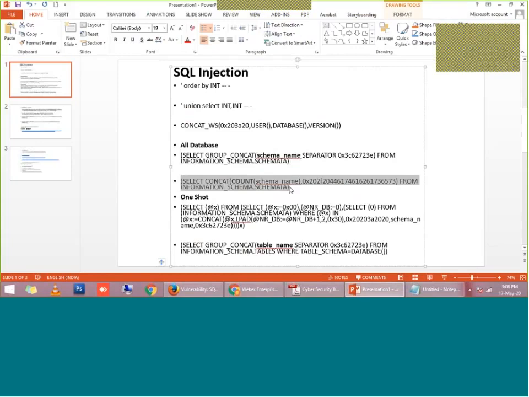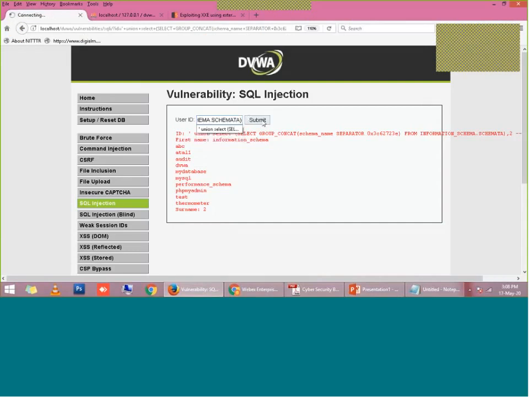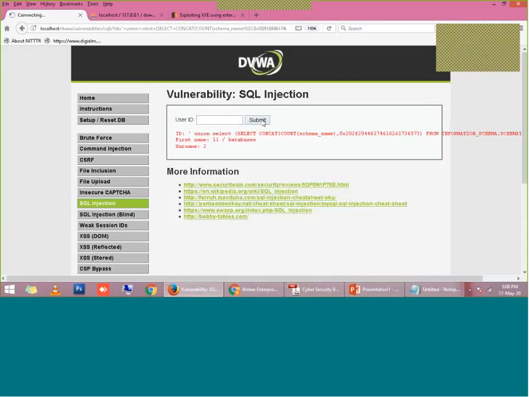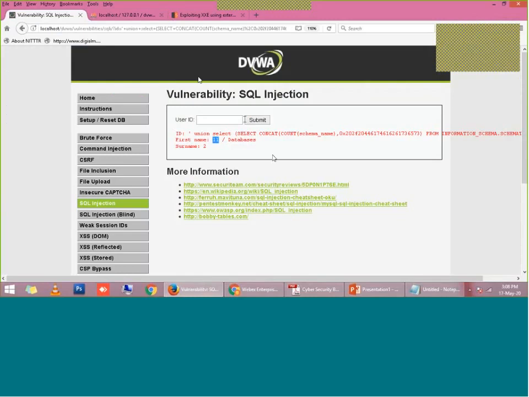This payload will count the number of databases present in the web server, or the database server. It is showing a total of 11 databases. You can count here 1, 2, 3, 4, 5, 6, 7, 8, 9, 10, 11. So it gives me the idea that there are 11 databases.